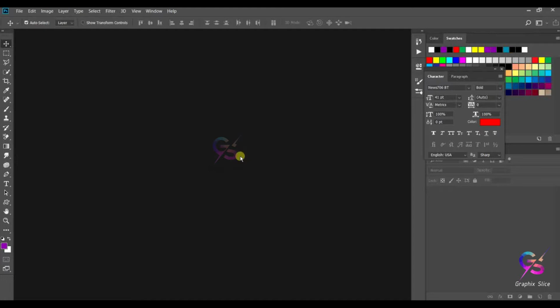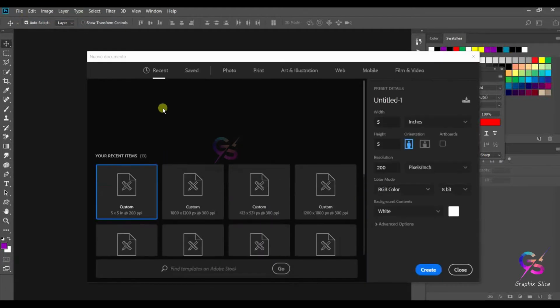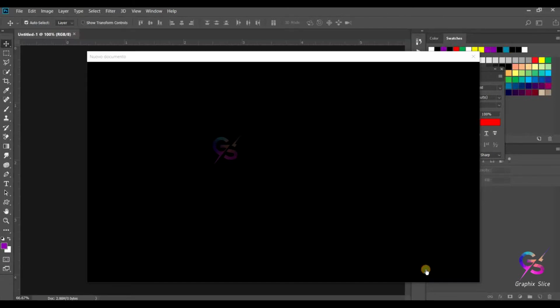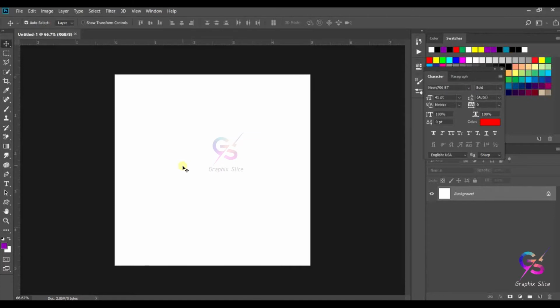So how to prepare a GIF? Just add multiple images and convert it to GIF. I will show you one simple example. First, go and select a new file. In that I'm going to choose a simple custom template. Width 5, height 5. Okay, 200 pixels is enough. So square, or to put the final output on FB, WhatsApp or Insta. That's why I'm going to prepare with square size. Just click create. So this is our file.